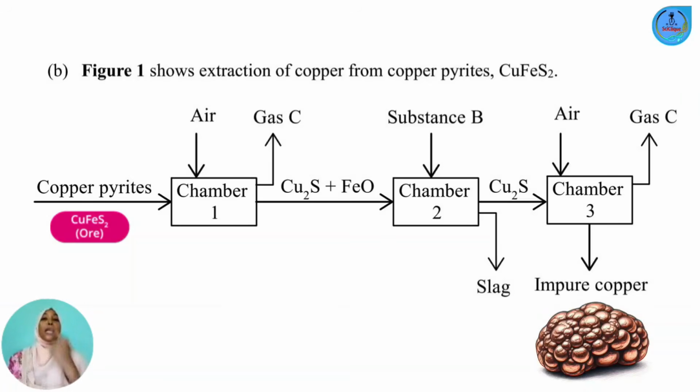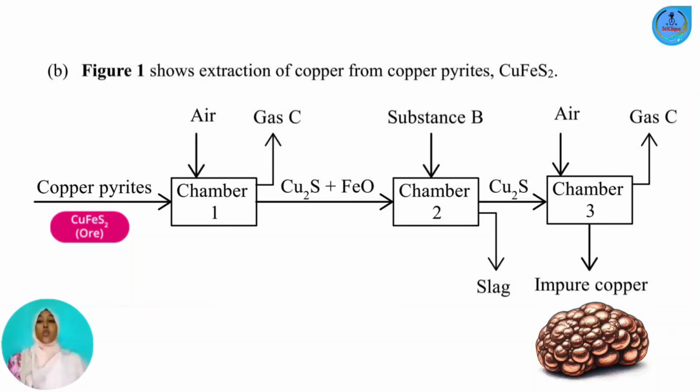The 2 there is the oxidation number of sulfur. Anyways, in this case, the copper has an oxidation number of 1. Copper can have an oxidation number of 1 or 2, but in this case, it has the oxidation number of 1. And that is the reason why we refer to it as copper 1 sulfide. So the copper 1 sulfide, together with the iron 2 oxide, is going to proceed